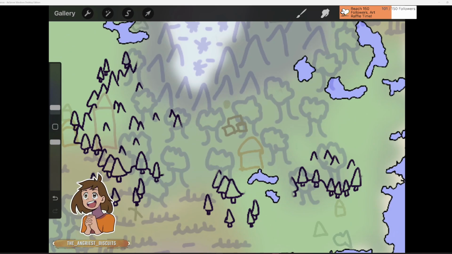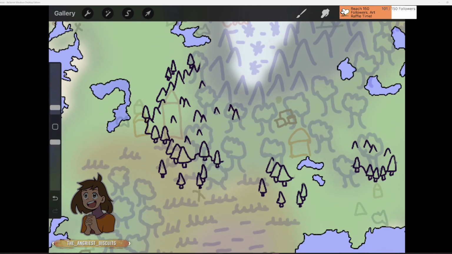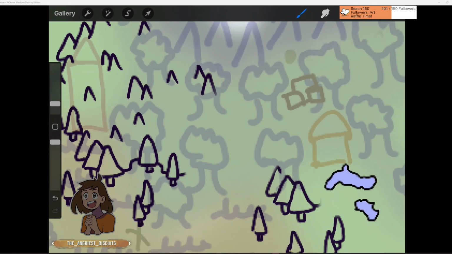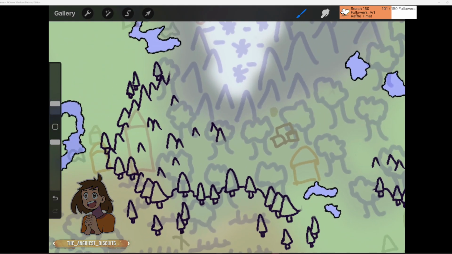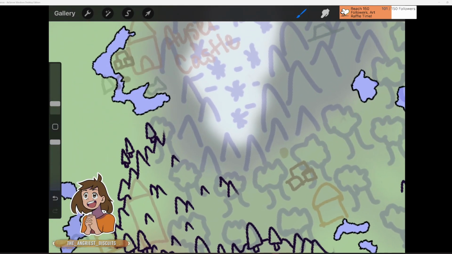Go up and around this section. That. And then we're going to